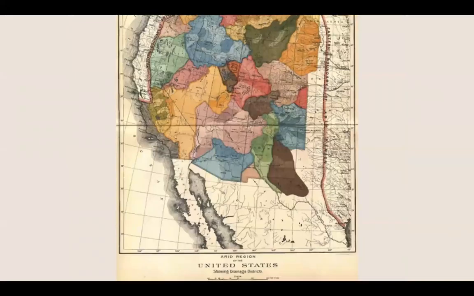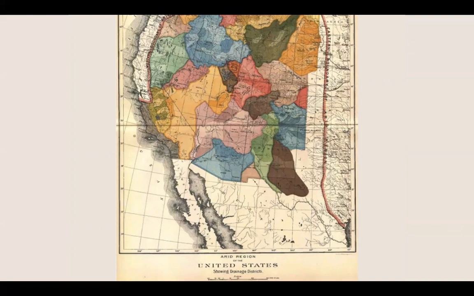And that problem, you can see right here, it's the 100th meridian. So the label is eastern boundary of the arid region. So once you get past that point, there's not enough rainfall for you to grow crops, right? So this map,